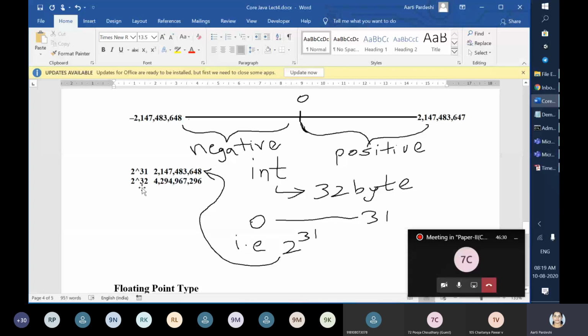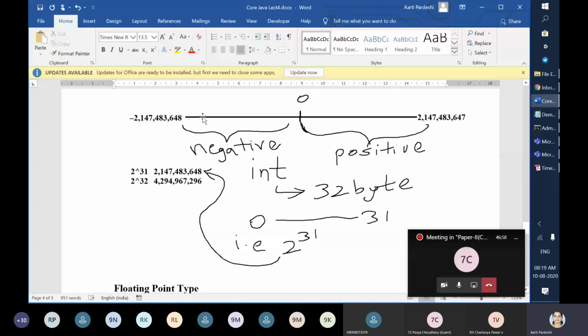If you want some negative values and some positive values, we are going to divide it in half. So how to get its half? 2 raised to 31 is half the value of it, so it is 2,147,483,648.